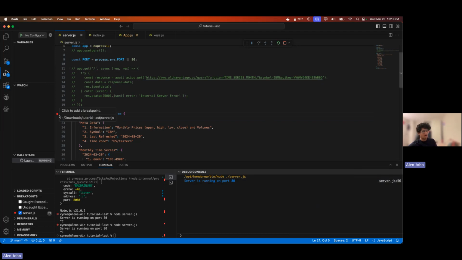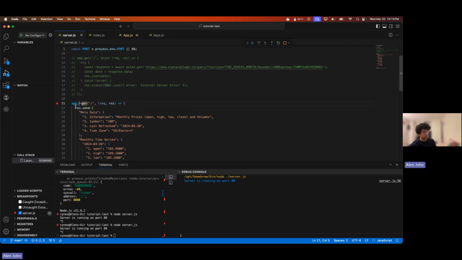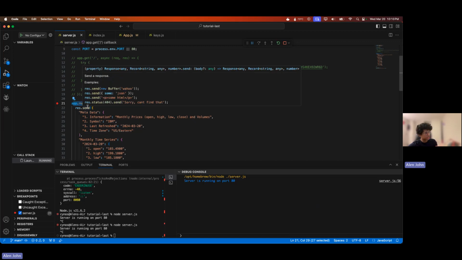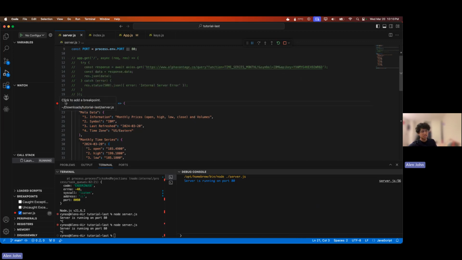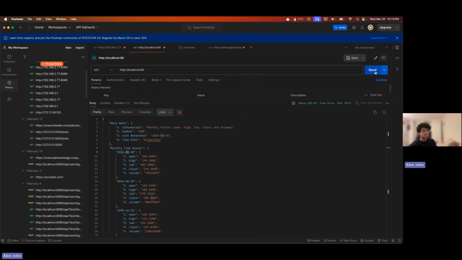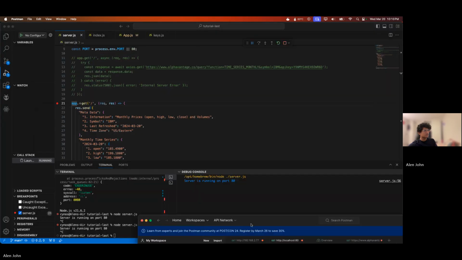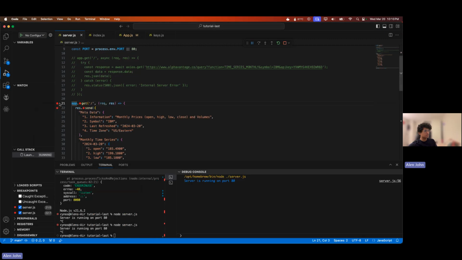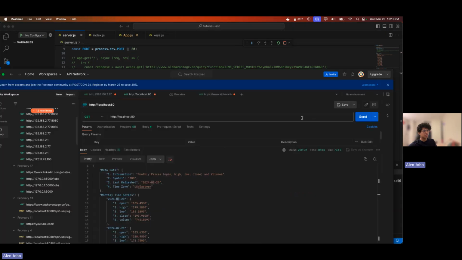If someone hits this API endpoint, localhost colon 80 and slash, my program is going to look for that root, which is this. Before executing it, it'll look at this red dot and be like, okay, I've got to wait, and it won't execute it. Let's look at it in action. This is my Postman. I have to put it inside over here. If I hit send,